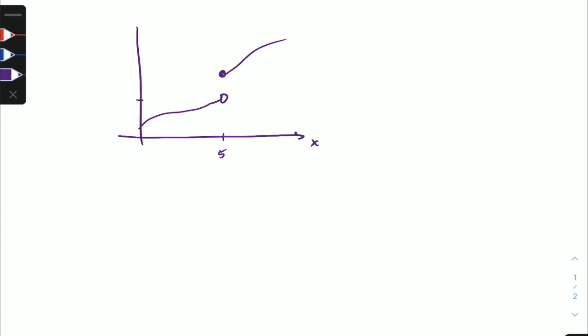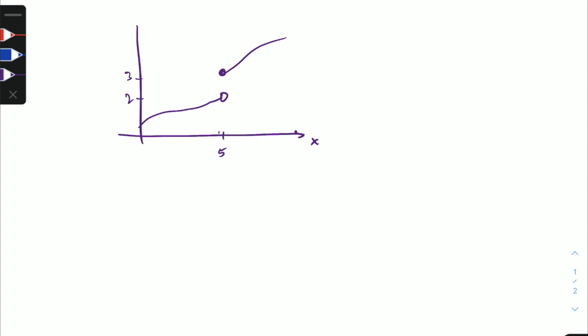Okay, so in this video we're going to talk about right and left limits. And we'll start with an example here. So let's say we have a function. It's increasing and it jumps up at, let's say this x value is 5. And say it jumps from 2 to 3 here. Okay, so if we try to compute the limit with this function,